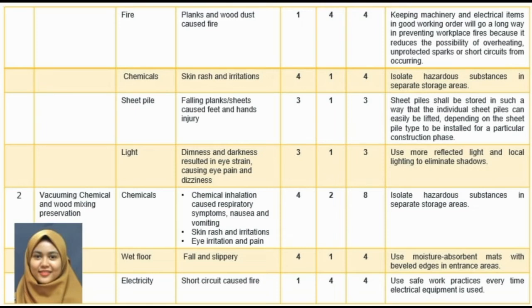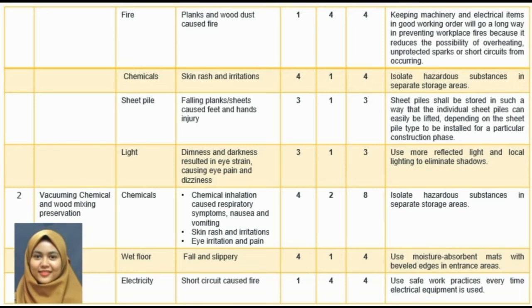For the hazard light, the effect is dimness and darkness resulting in eye strain, causing eye pain and dizziness. The risk assessment is 3, 1, 3. The action is use more reflected light and local lighting to eliminate shadows. Okay, for the second activity of vacuuming chemical and wood mixing preservation,